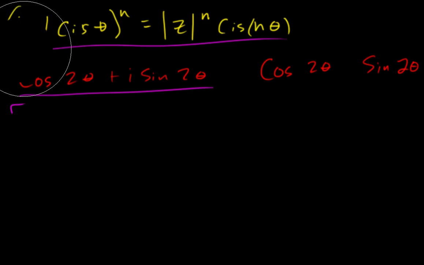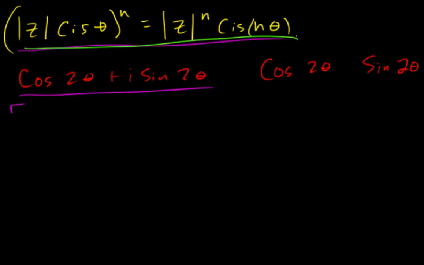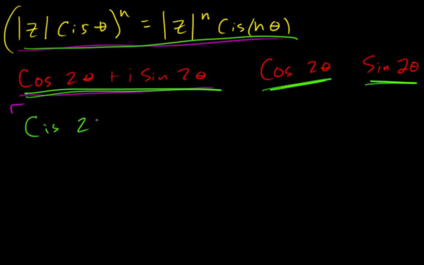Okay, so in this problem, I've rewritten the theorem right here. We're given this, and we need to deduce the double angle formulas for each of these. So what we're going to use first, we're going to write this as cis 2 theta. And then